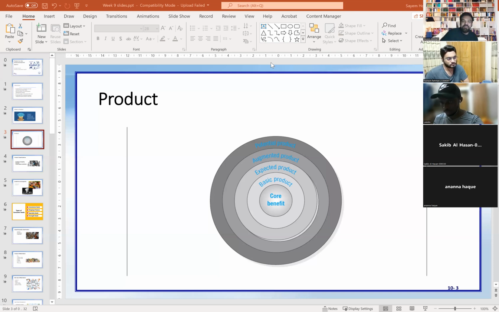So these are called expected product. Like from a product, you need to get those expected product. Okay, fourth level is augmented product, which is exceeds customers' expectations. Okay, so this is the level where you need to have something that will